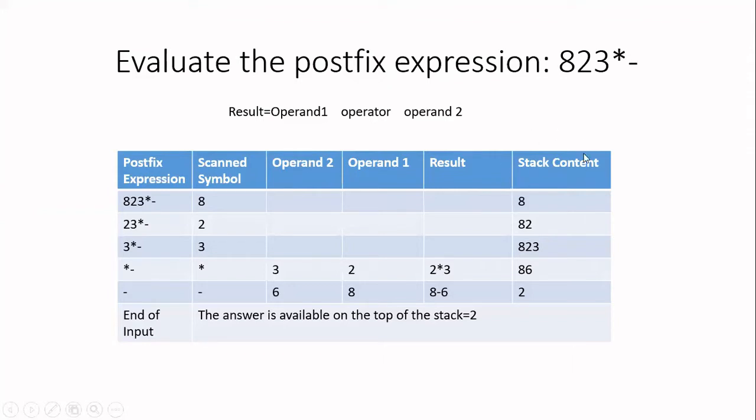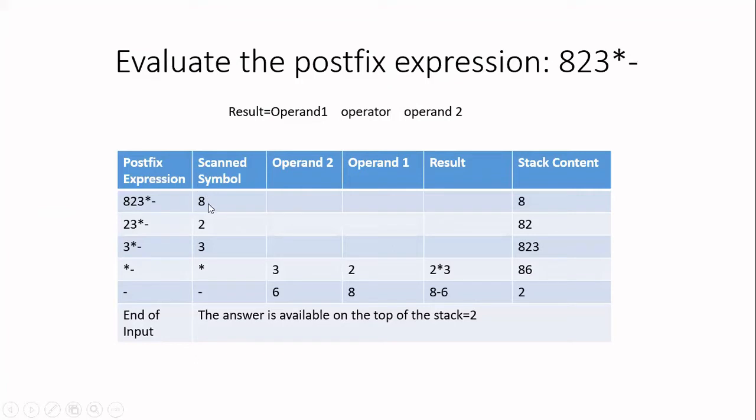Now let us see how to trace the given example. So first, when I start, my postfix expression is 823 multiply and minus. Don't read this as 823. This is 8, then 2, and then 3. 3 different numbers. You have to assume that every number is going to occupy only one digit. So first I'm going to scan the leftmost symbol from this expression. So the scanned symbol is nothing but 8.